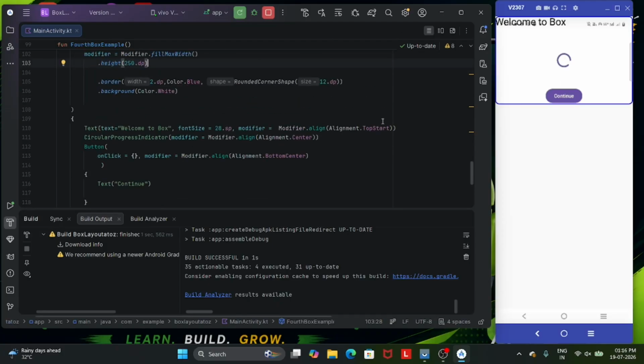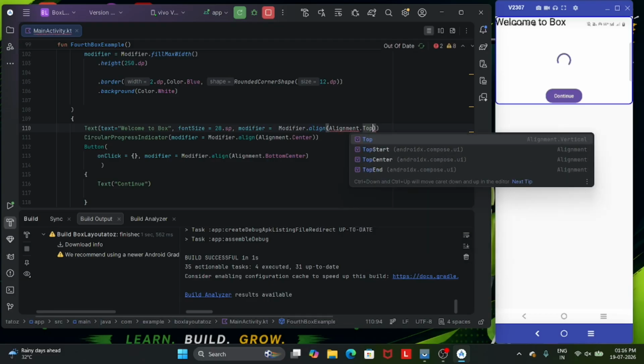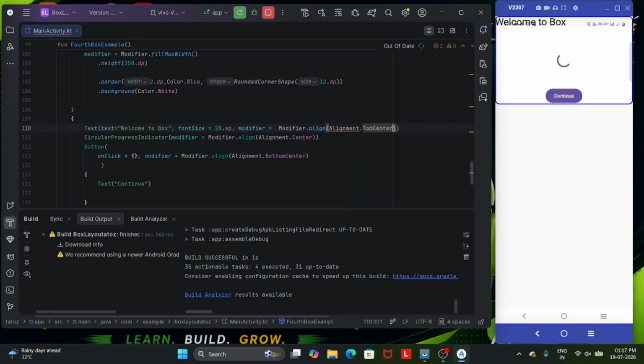So they have used the top start, look like that, and we took the top center. It looks classy, and we give the padding